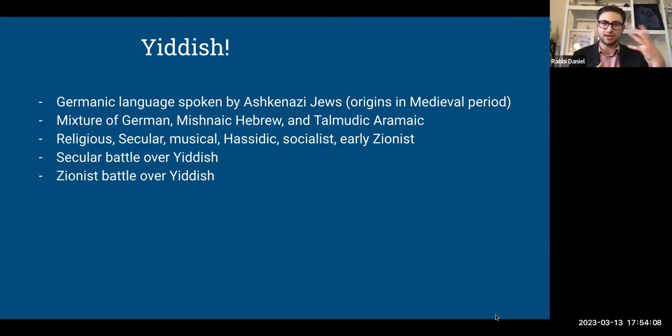And where we get to the reason why I use the term battle is because there actually were battles going back and forth in early Palestine between the Zionist camp and the Yiddish camp. And I think at one point this went to such an extreme that one of the Zionist pro-Hebrew groups ended up firebombing the newspaper factory of one of the widespread Yiddish newspapers. And so Yiddish ended up, again, becoming this language that was shrouded in controversy, because to some extent,